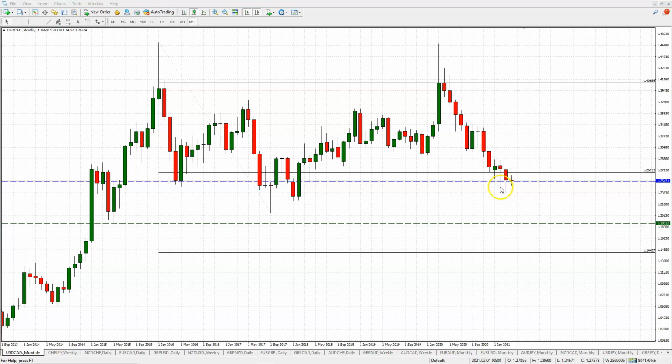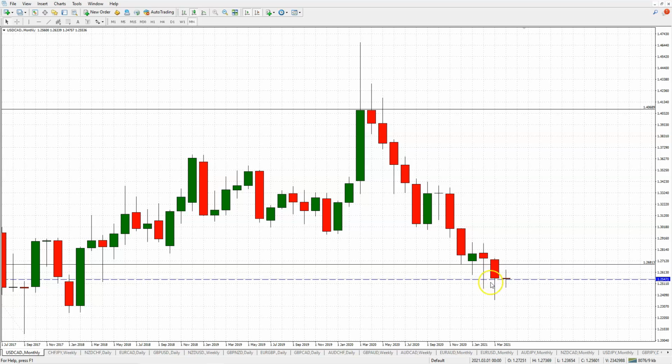If you were asking yourselves why did price pull back like it did last month and landed right on top of that level, and why is it struggling right now to push downwards? Again, take a look at that pullback. Let's zoom in a little bit. So clearly this is what's holding it.